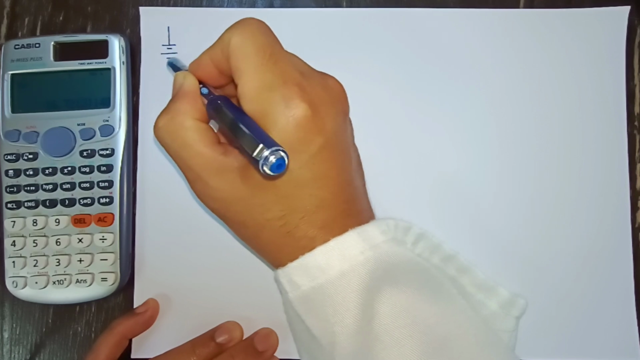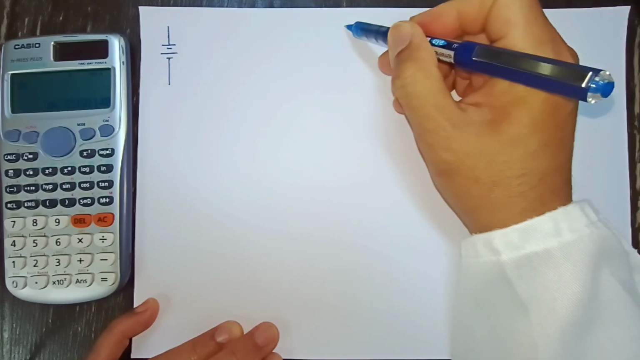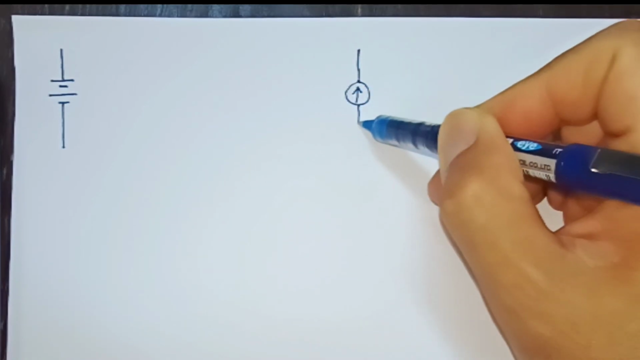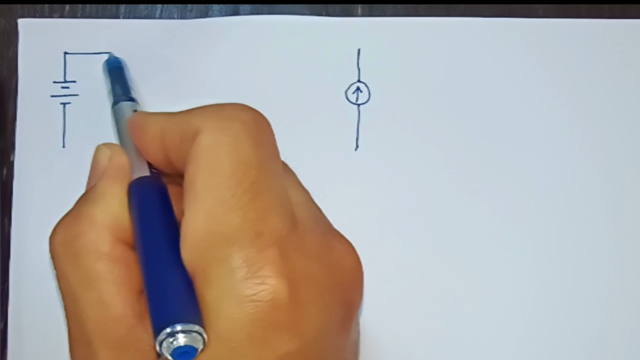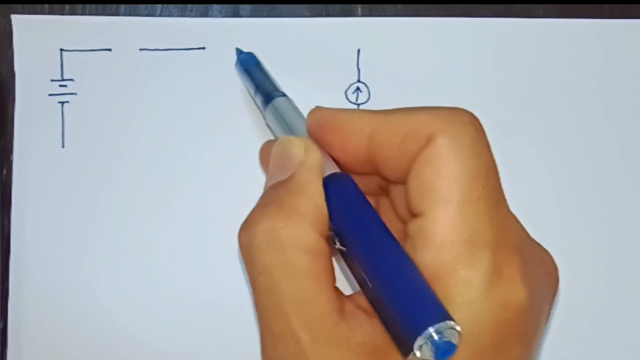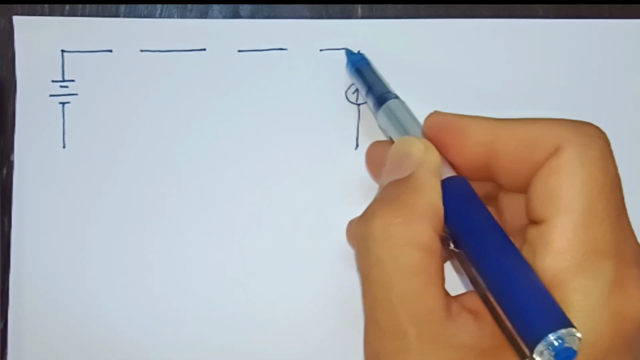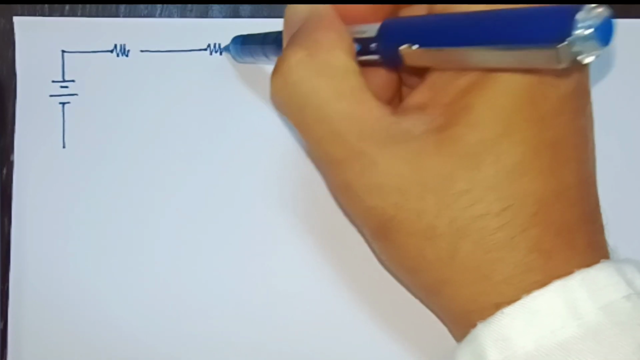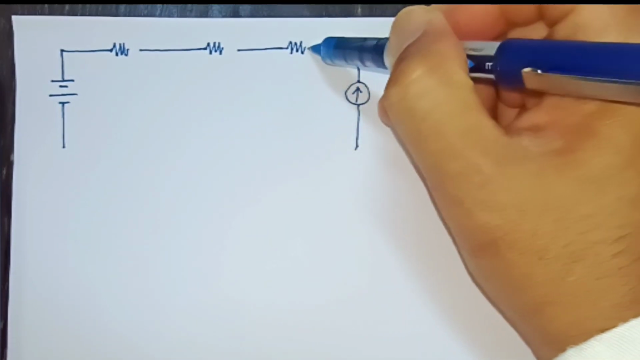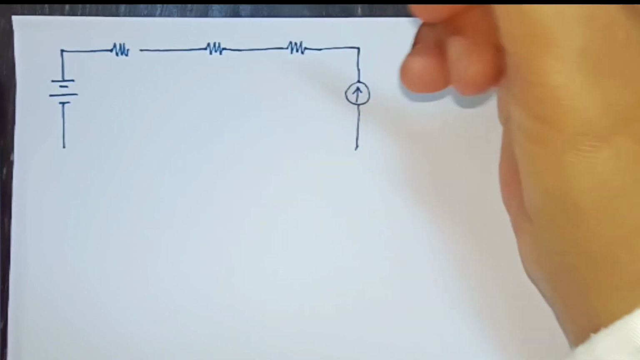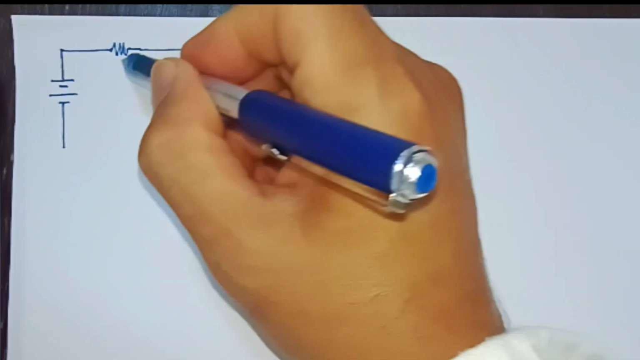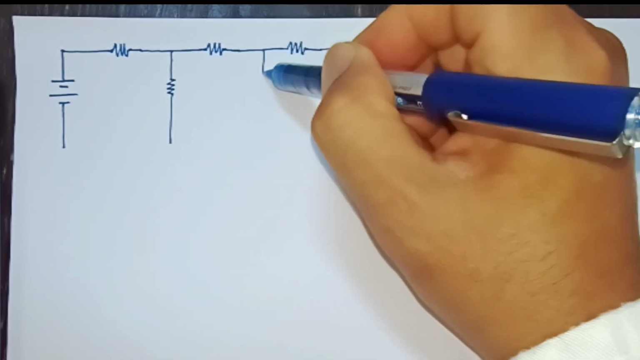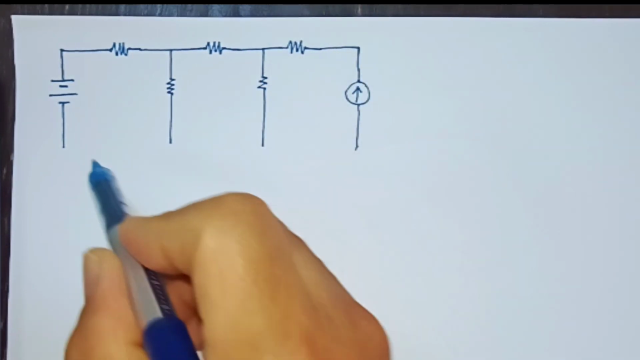First, let's draw here a voltage source on the left side of the circuit. And let's draw another source in the form of a current source on the right side of the circuit. And then let's draw 3 resistors at the top of the circuit, and we will also put 2 more resistors in the middle part of the circuit. As shown here, I'm drawing the 3 resistors at the top of the circuit,